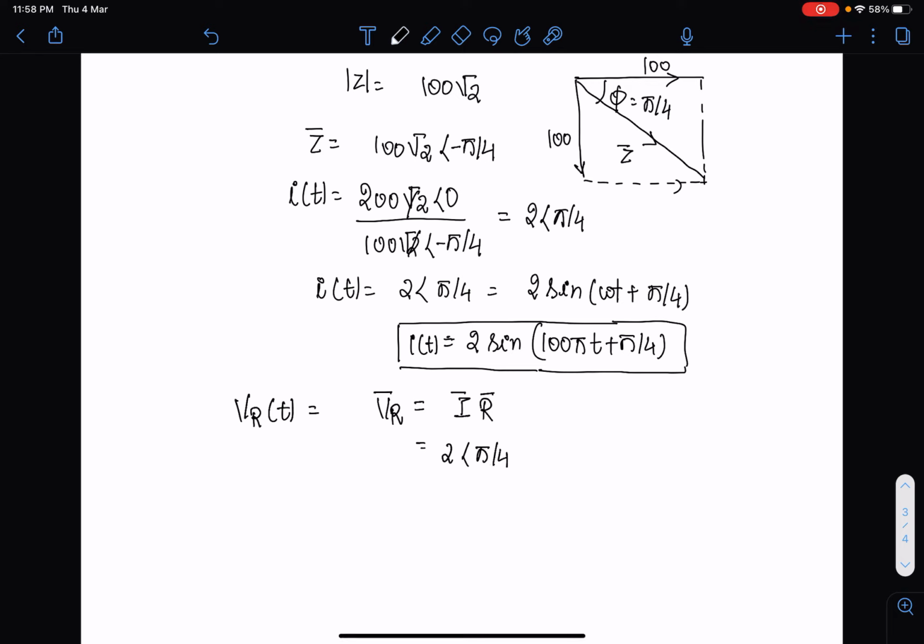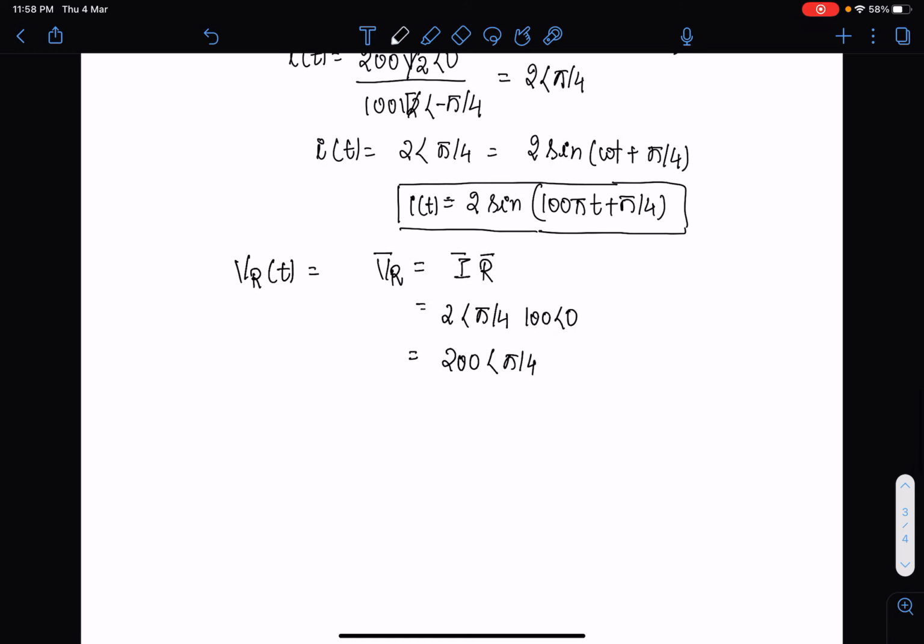R phasor is nothing but R angle 0, and R is 100, so 100 angle 0. So this becomes 2 into 100, 200 angle, and the angles will be added here, so π/4 plus 0, π/4. 200 angle π/4, right? So VR, the voltage across resistance phasor, is 200 angle π/4,